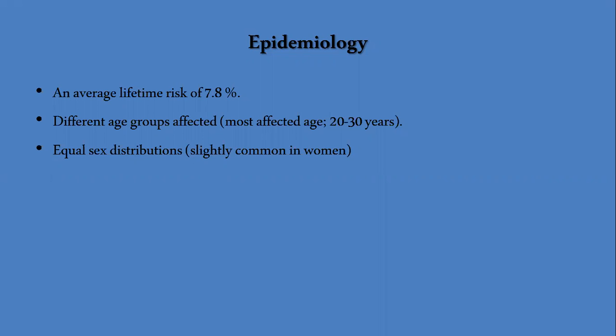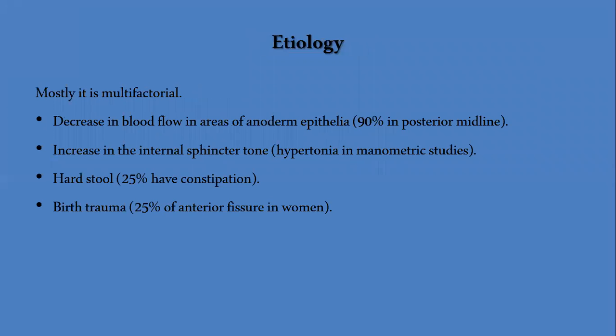It has equal sex distribution. However, it is slightly more common in women. It is mostly multifactorial, and there are different theories for the development of anal fissure. First, the ischemic theory: decrease in the blood flow in the area of the endoderm, and in support of this theory,